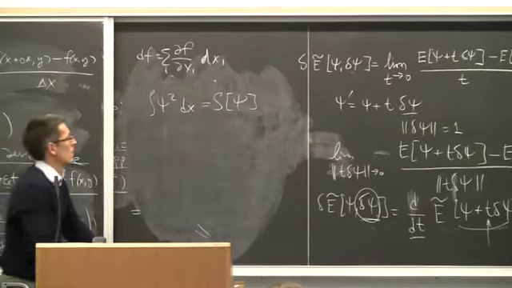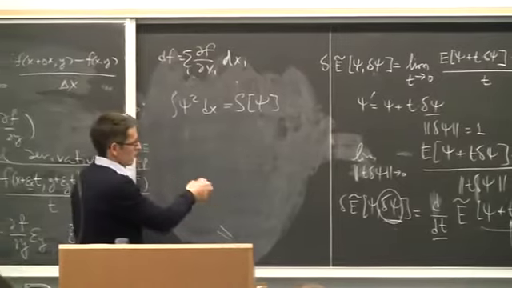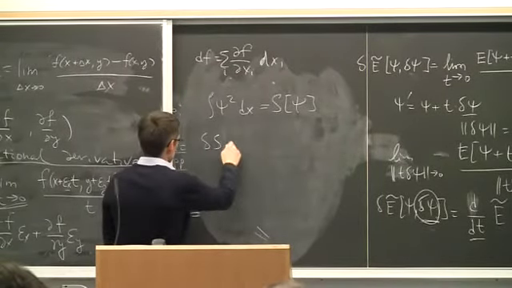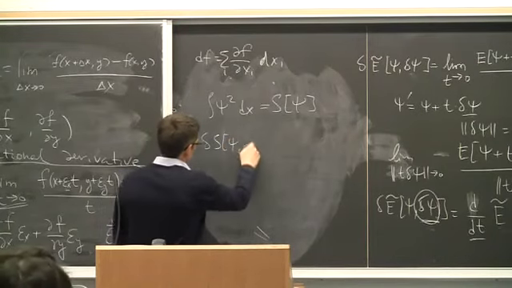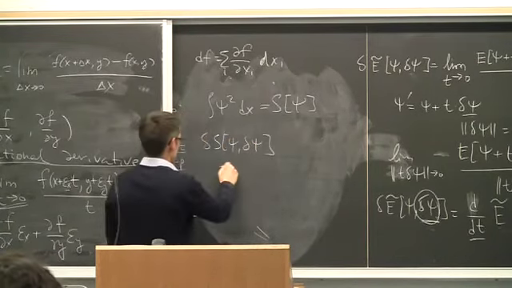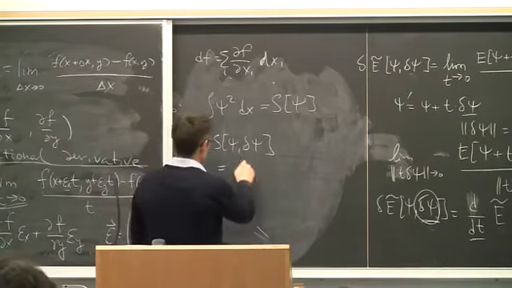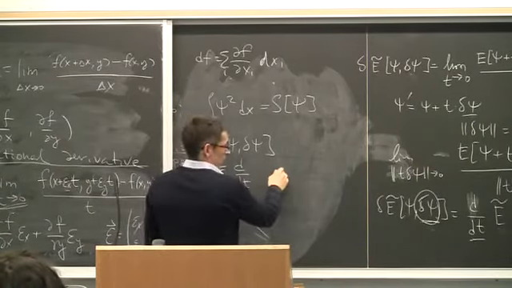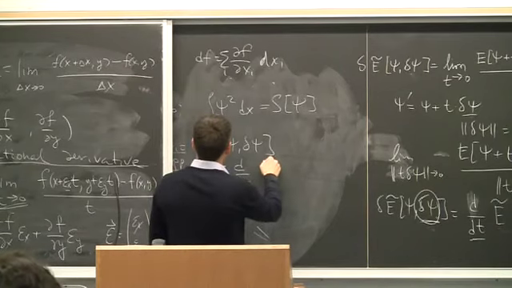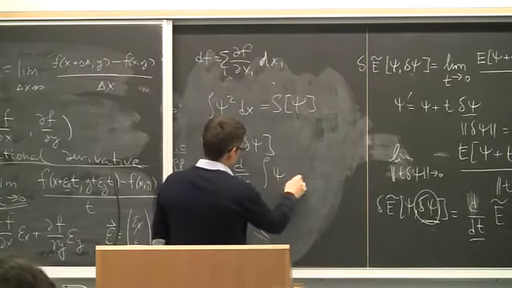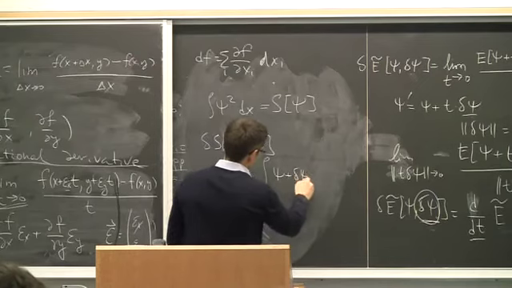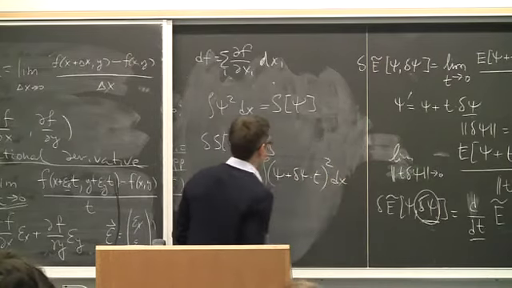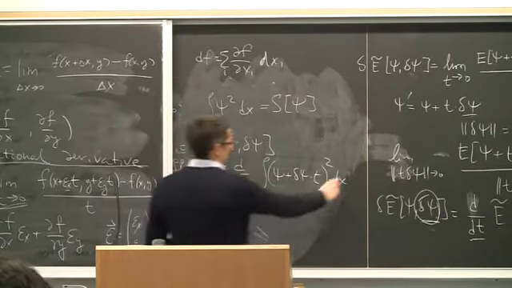Okay, so then the derivative, the Gateaux differential, will be equal to d over dt of the integral of (psi plus t delta psi) squared dx, and take